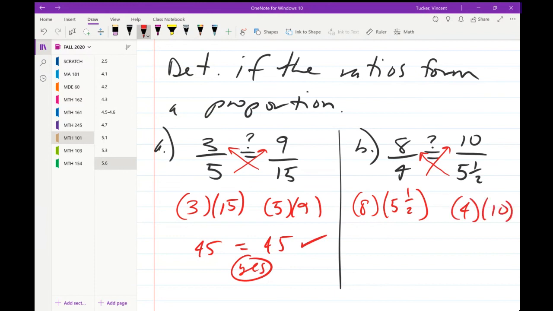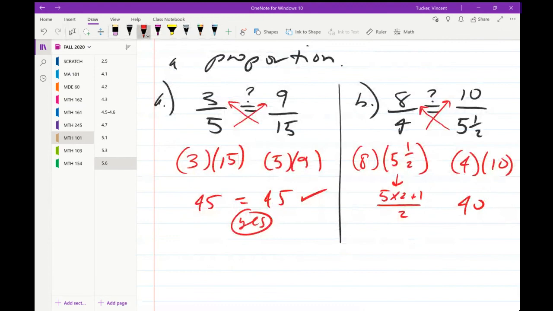We have 8 times 5 and a half, 4 times 10. 4 times 10 is going to be 40. Now 8 times 5 and a half, that 5 and a half, we return it to an improper fraction. So that's 11 over 2